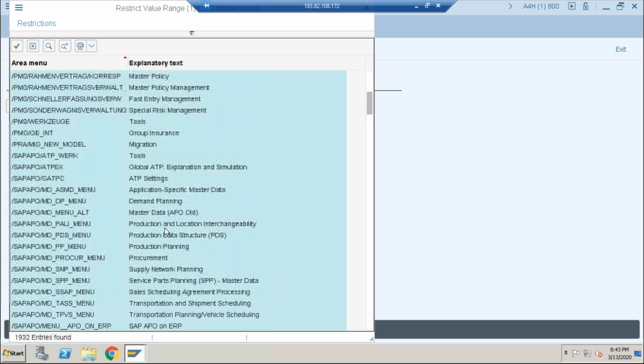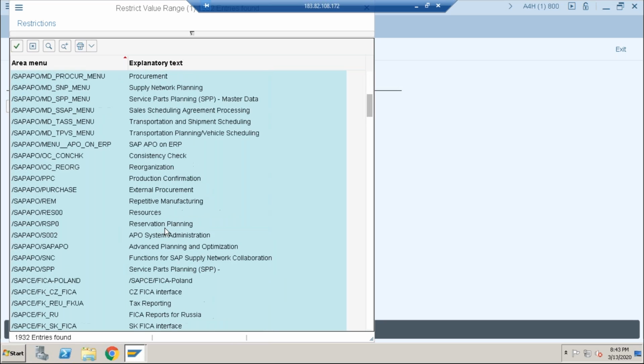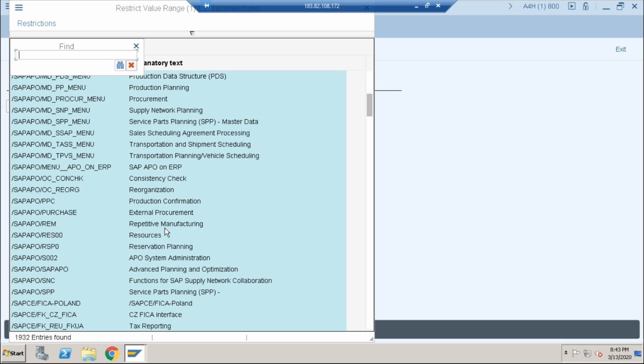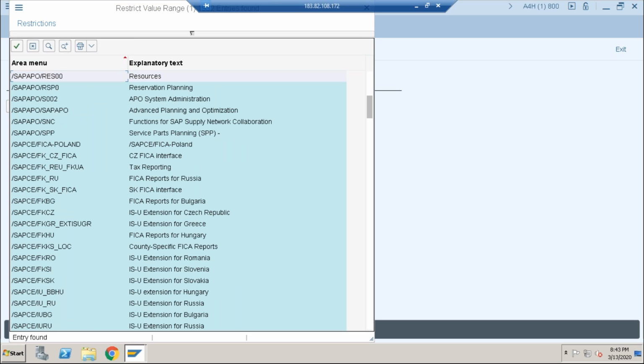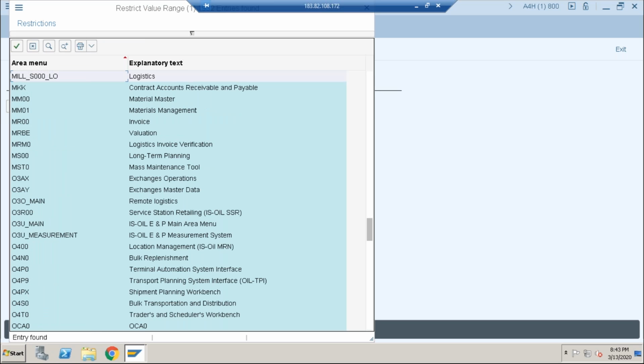Go for S00. Click on find. Click on Control F and just search it. S00, is only S00. It is finding one again. Find. This is the material management.